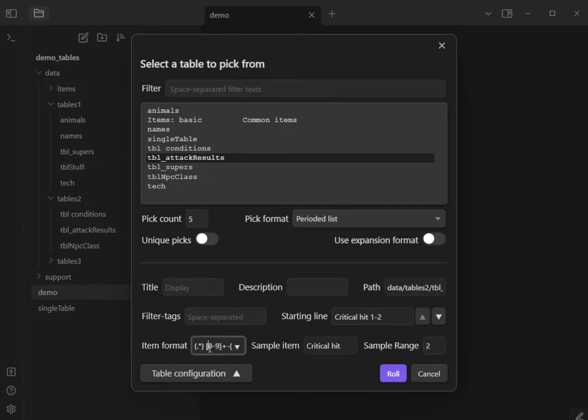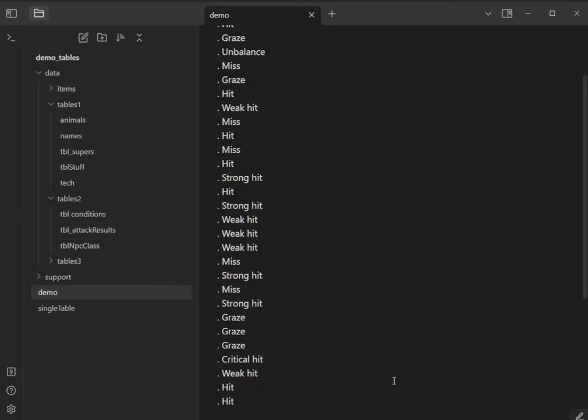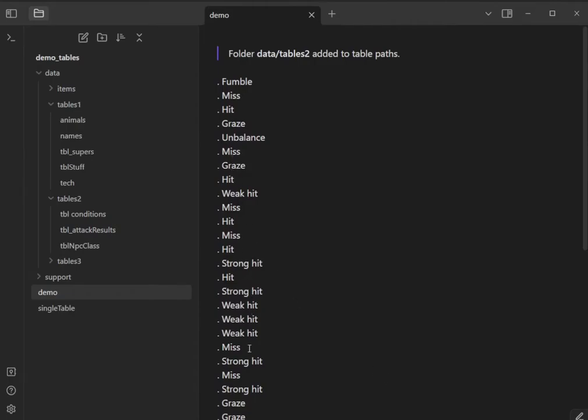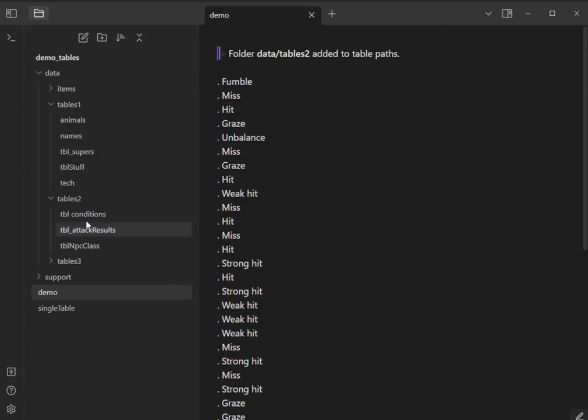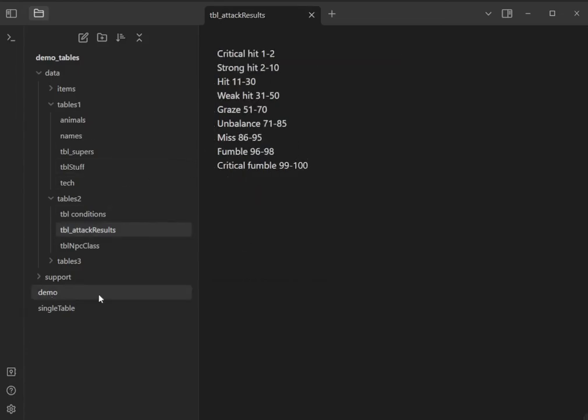So yeah, this format is designed to pull out the item and the range, and when we roll it, you'll notice that we get a lot of hits and weak hits, but we don't get much, if any, of the criticals. And that's just due to the weights that are given in the table. As another example,